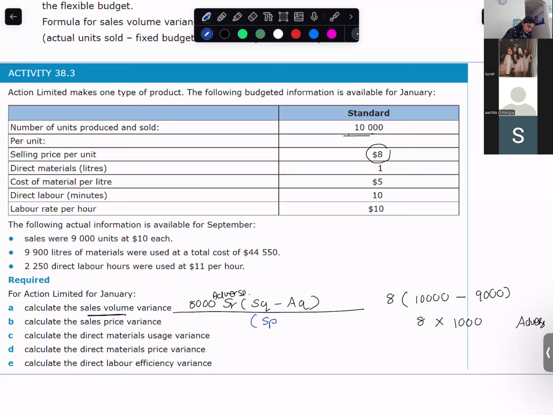Now we are doing sales price variance, right? The formula: standard rate minus actual rate into actual quantity. Standard price is 8. Actual,